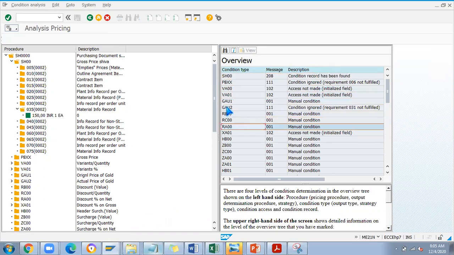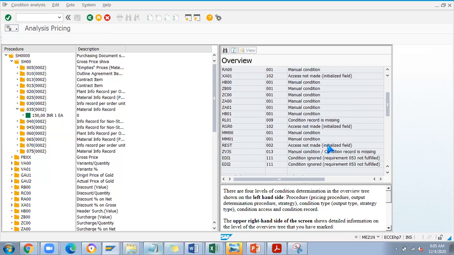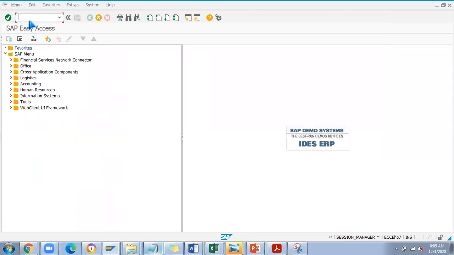If there is no condition record, then it is saying condition is ignored because there is no field. This is also not made because there is no proper setup. You can even see here condition record is missing. In case you maintain a condition record with respect to RL01, then it will work. Example, if I copy this RL01 and go to MEK1,